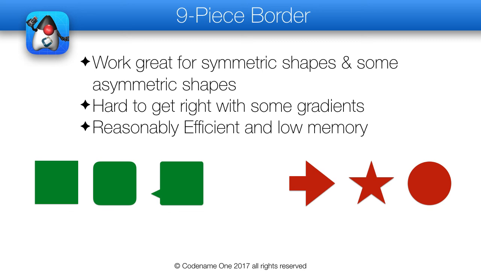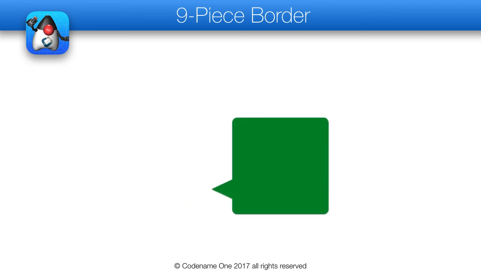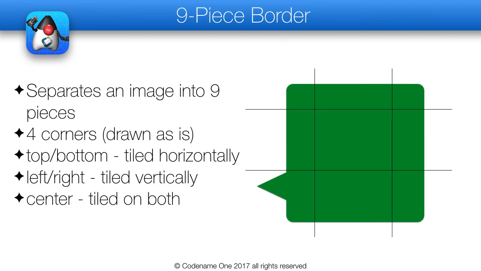The advantages that 9-piece borders have is that they're efficient, and they're low memory, and they don't degrade. When you scale them to infinity, they look essentially the same. And the reason is the way that they work. So a 9-piece border cuts an image into these 9 pieces that you see in front of you. The 4 corners, 4 sides, and the center. And what